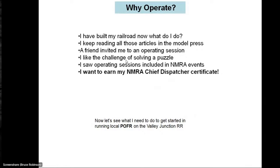I like the challenge of solving a puzzle. I've always looked at operating sessions as a puzzle. I break it down into simple pieces, work each piece until it's completed, and then I get a complete picture of what I just did. I saw operating sessions included in the NMRA events. You just heard Chuck say that the Valley Junction Railroad is going to be participating in the op sessions for the 2021 convention here